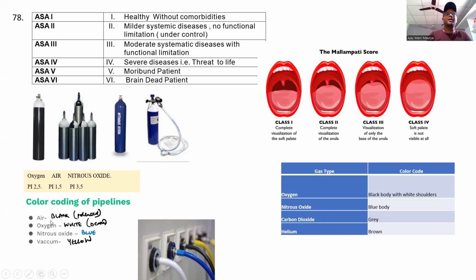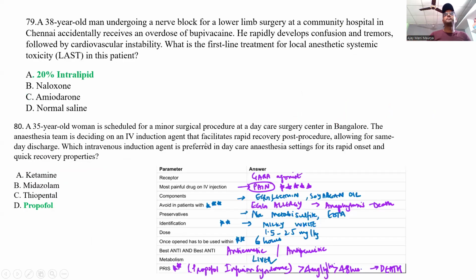Now, air is black, oxygen is white, nitrous oxide is blue, and vacuum is yellow. Please remember this one. The next one is, guys, a